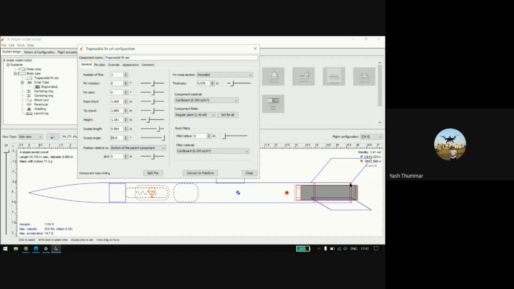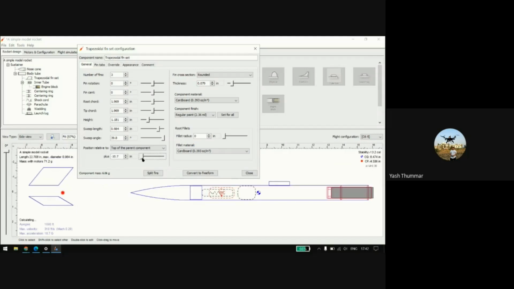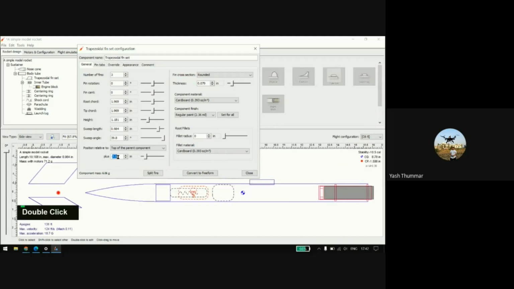So the end of these fins will touch the bottom of the body tube. Now if you want to change it to the top of the parent component, go with this and put a zero here.